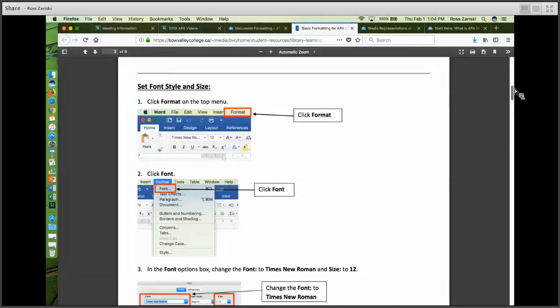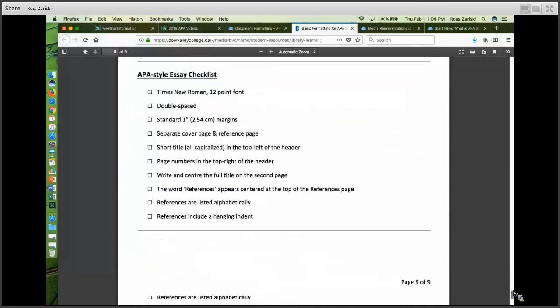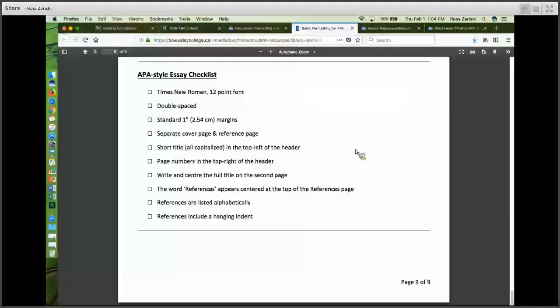If I scroll down to the very bottom of this document, I'll also notice that there is an APA style checklist. So this again is for formatting for essays. For example, I need it to be Times New Roman 12 point font. It should be double spaced. I should have standard 1 inch or 2.54 centimeters, margins, and so on. If I can put a check mark next to each of these features, that means my essay is properly formatted